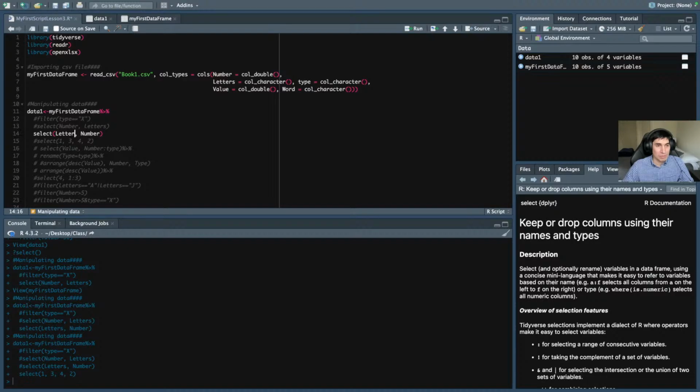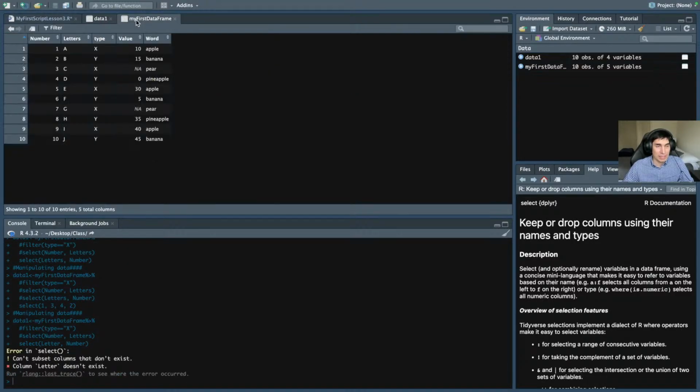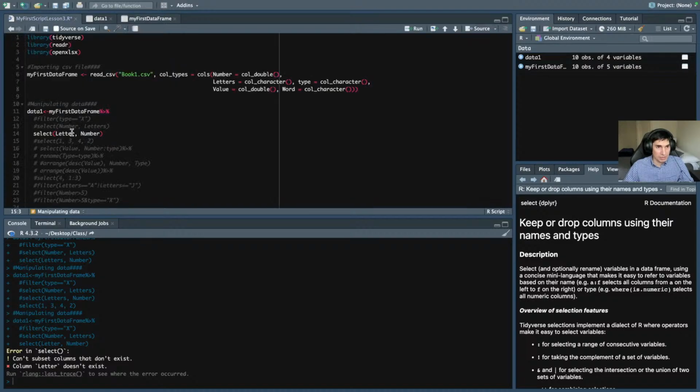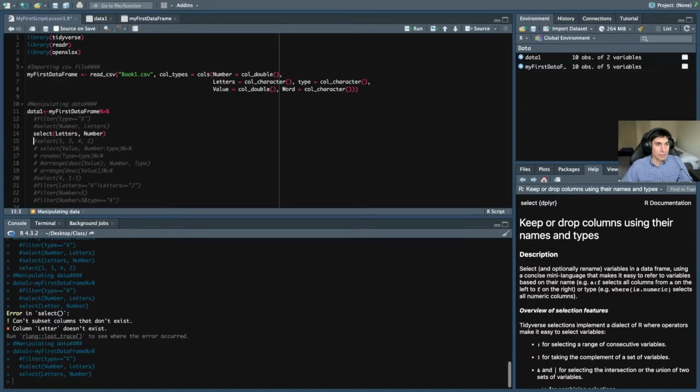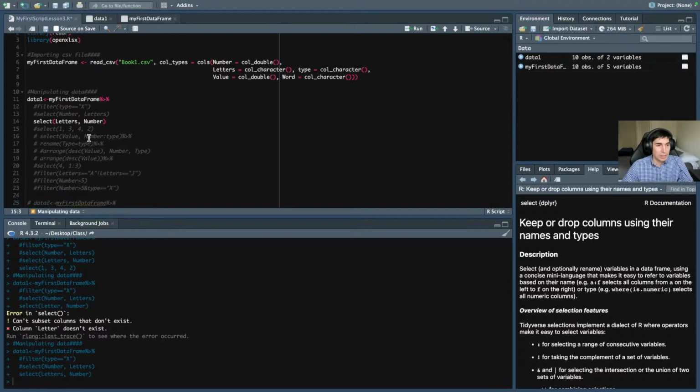For example, if we say letter like this, it tells me that letter doesn't exist, which means that I mistyped. So I just can type these letters again here, and then it should be fine. Now, after this one, we can go to